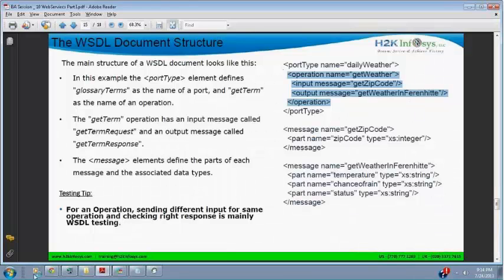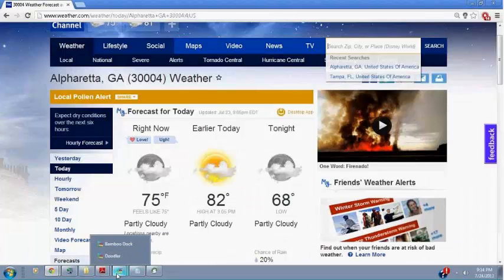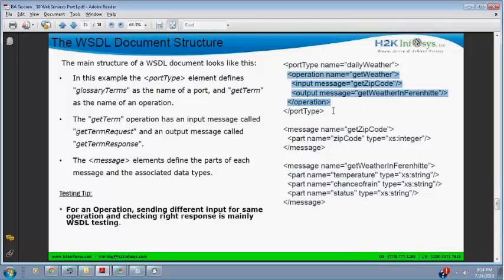If you go back to the weather.com screen, get hourly, get tomorrow, get weekend weather, get 5-day weather, these might all be in the single folder of daily weather or just weather.com. So you can package, folder, or zip all your web services, all operations, inside a single port type, which is like a folder name.